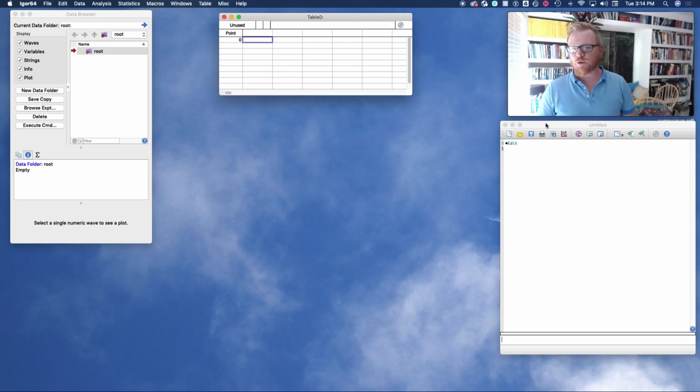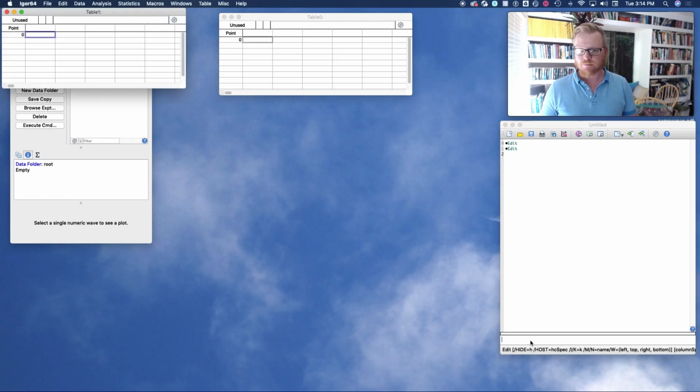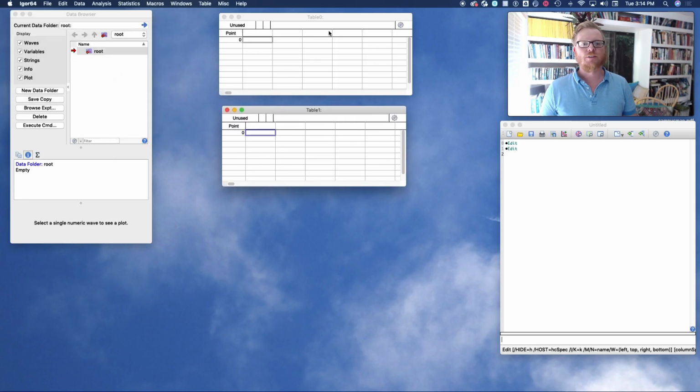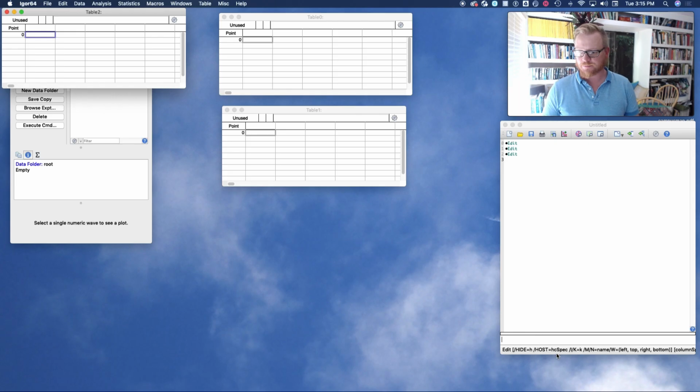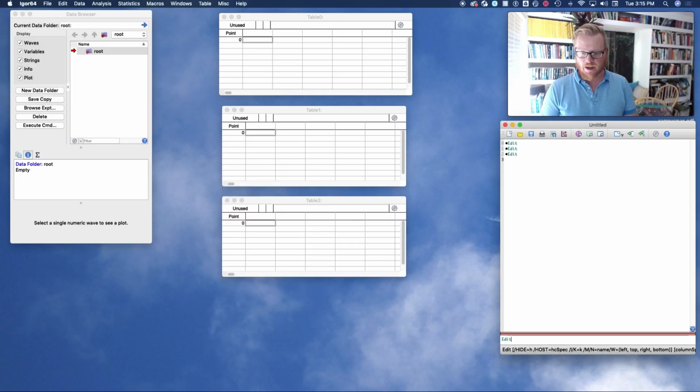And what you noticed, hopefully you noticed this right away, look, some code appeared. This is my command history. Notice it gave us the code for a new table: just edit. So I'm just going to type edit on the command prompt and push enter, and look, I get another table. So table 0, table 1. I'm going to push edit again, and I'm going to get a third table. And I'm going to push edit again and get a fourth